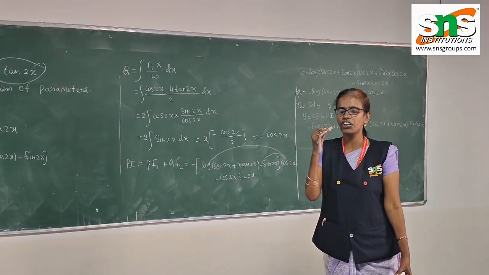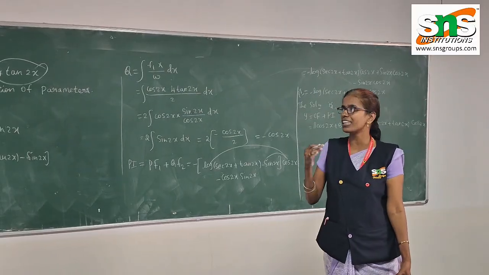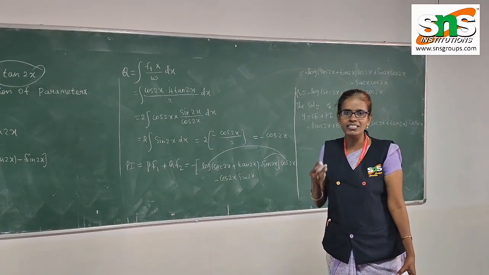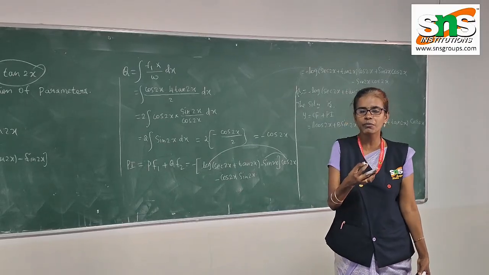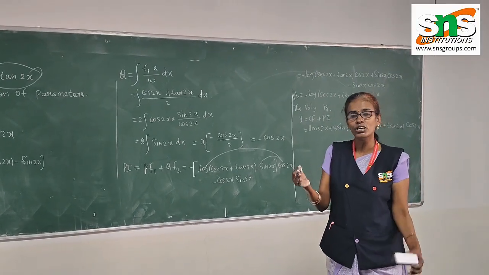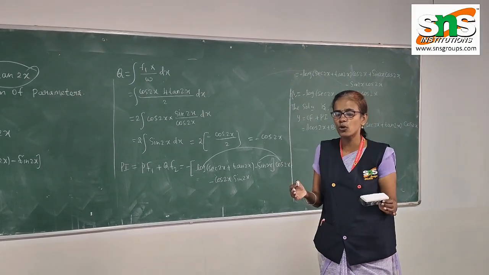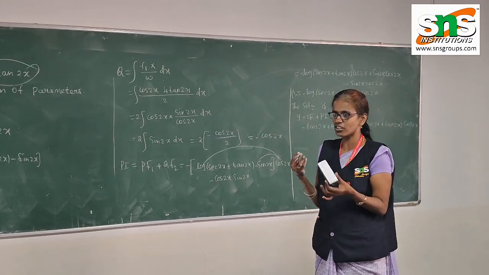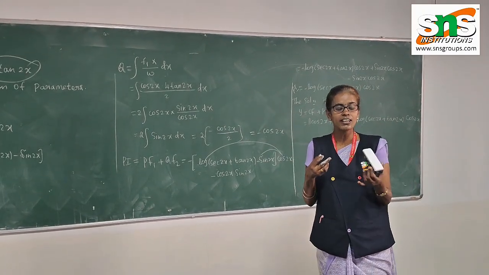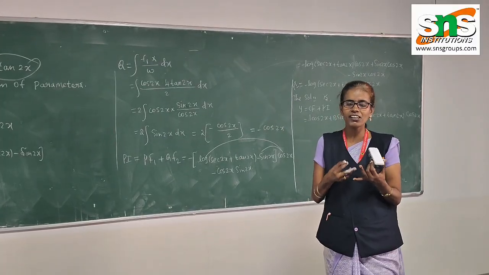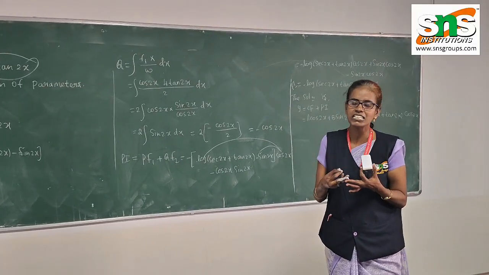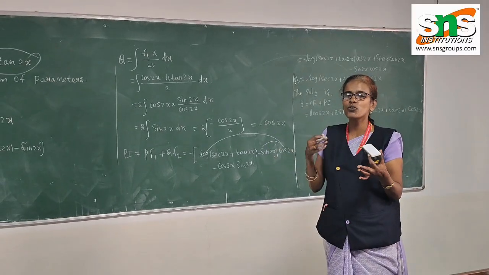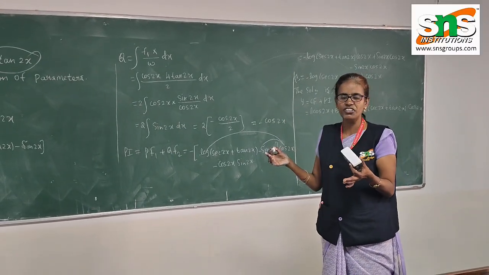Now let's recall all those things. Initially, write the given equation in terms of D. Then write the auxiliary equation, which means replacing D with m. We get one equation, then solve that equation to get some roots. Based on the roots, check which case we have. There are three cases: different roots, same roots, and imaginary roots. This problem is under the imaginary case, so we write the complementary function,